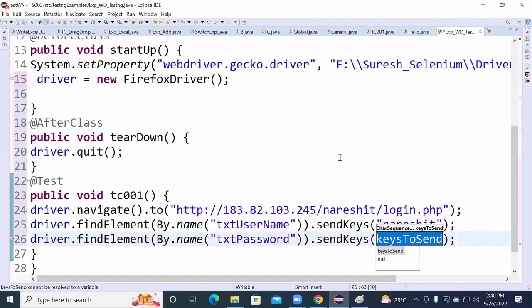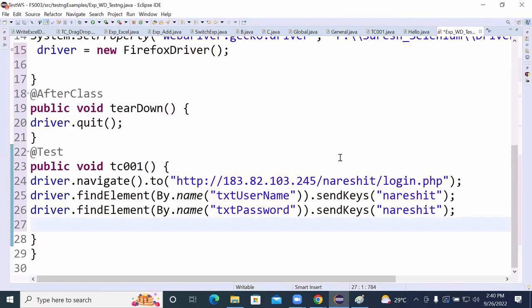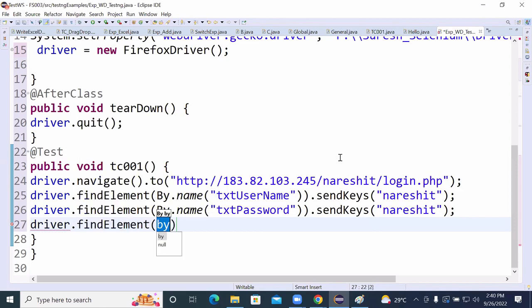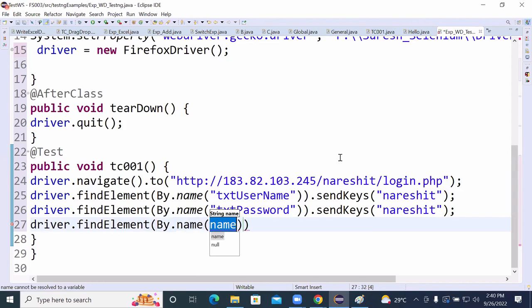Taking with send keys, which need to be provided for that particular password. So typing the username, and then typing the password. Need to do the login. Then you will be taking driver.find_element by name, and we need to provide